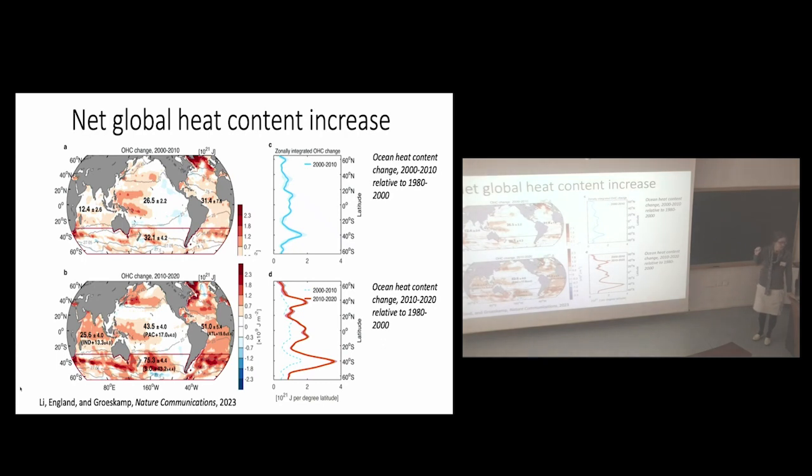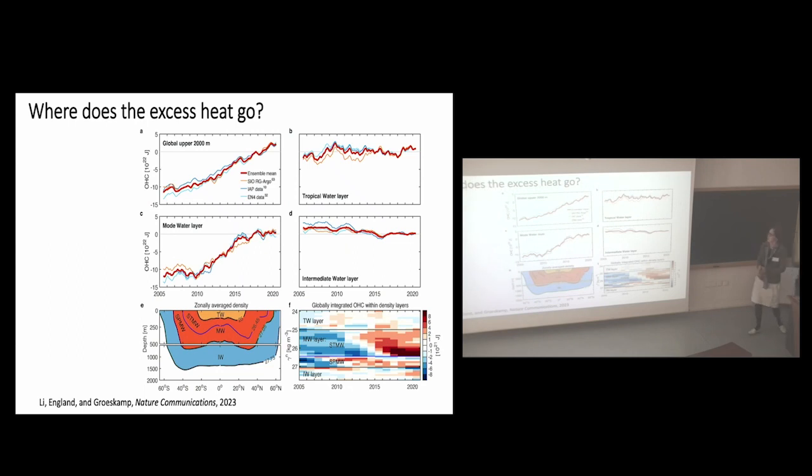But then asked, where does the heat have to go? So where do we deposit it in the ocean? Got a problem here. And so what was a really nice aspect of the study is that you can look at the